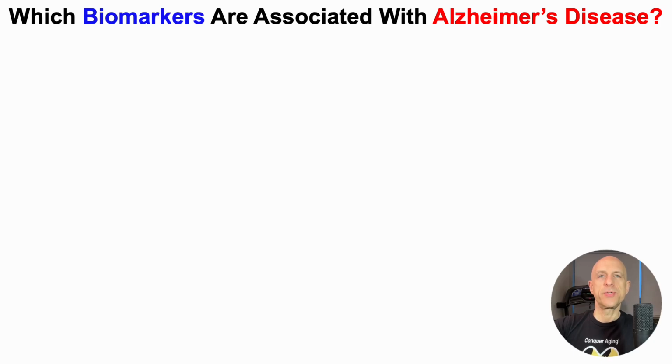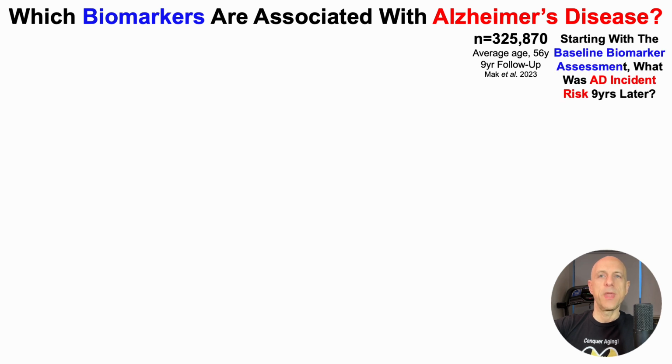Which biomarkers are associated with Alzheimer's disease? To address that, let's take a look at a recently published study that included almost 326,000 people. In that study, the average age was 56 years, and then there was a 9-year follow-up. In other words, starting with the baseline biomarker assessment, what was the risk for being diagnosed with Alzheimer's disease up